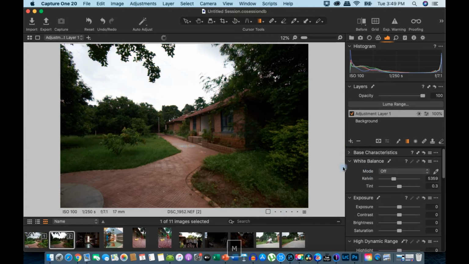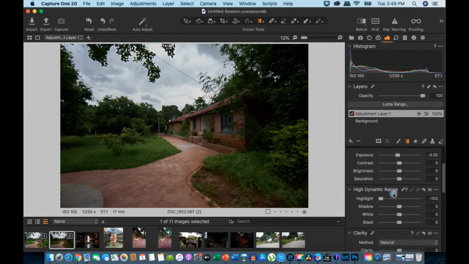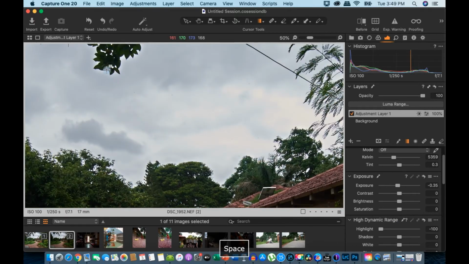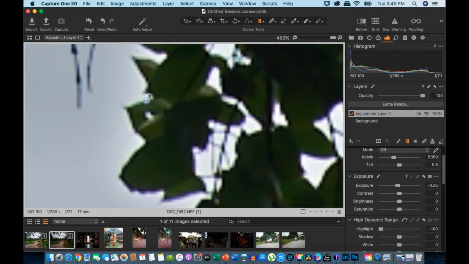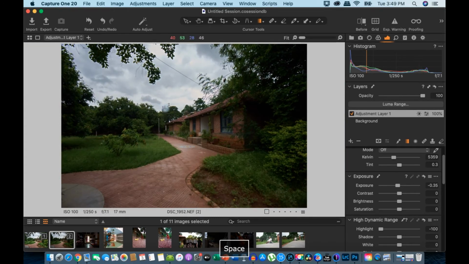Now let me hide the mask by pressing the key M. Now let's see, I'll reduce the highlights. I will also give a little bit of reduction in exposure to pull out more sky. Let's zoom in just to ensure there are no halos. No, it has made a very nice selection. There isn't any halo.